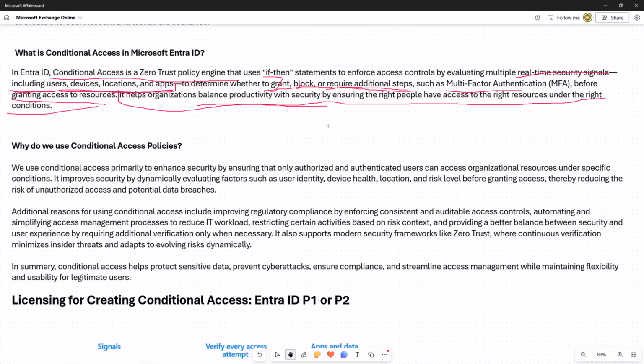But the applications running in the background, which are configured to send emails, will not be able to deliver the emails because they will not be asking for multi-factor or Microsoft Authenticator approval. So they will not fulfill the condition.